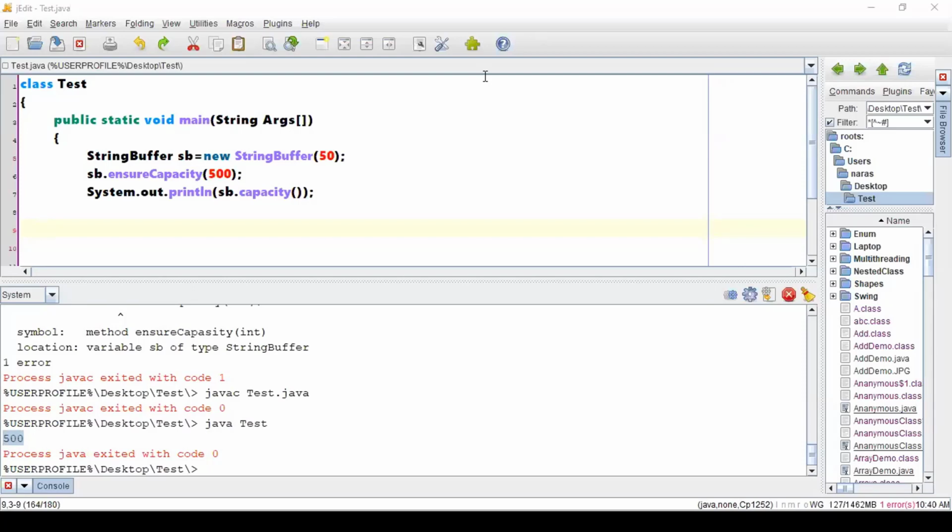Whatever operations you do on a string buffer, no new object will be created, even with respect to ensureCapacity. The existing one will be extended with the new space. That means extra space will be added to the existing one.